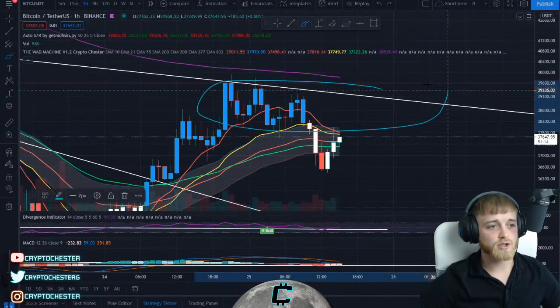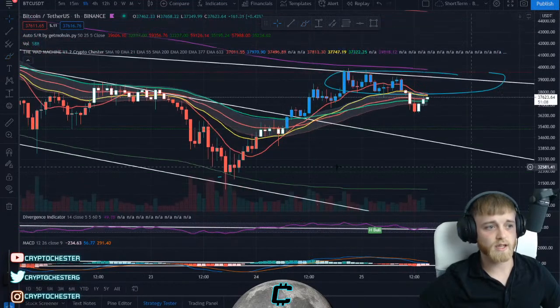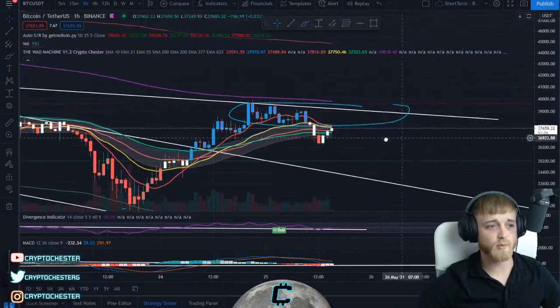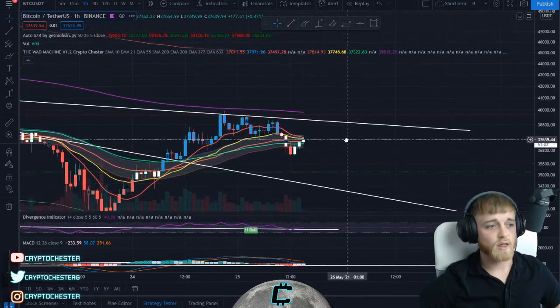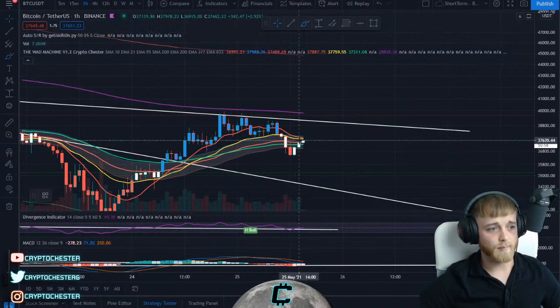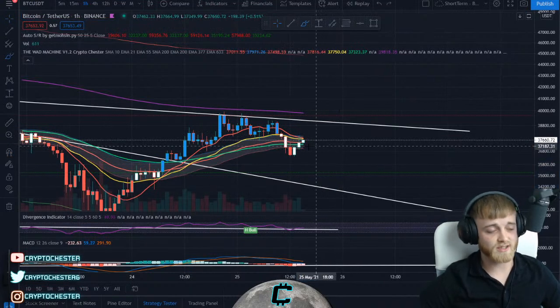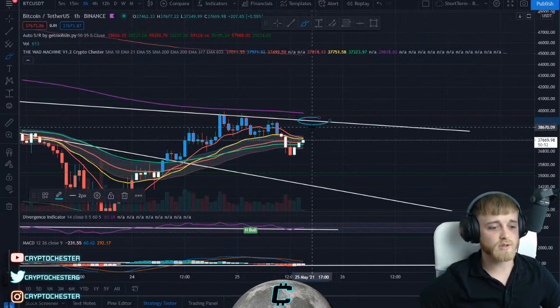Because you can consolidate pretty healthily after a pump like this, right? You can consolidate in a nice sideways motion. You don't actually have to go down before the next leg up. So ideally, this isn't what we wanted today. And this could still signal basically another swing down, which isn't great, right? But ideally, we need to get through these moving averages, come up, test this downwards sloping resistance